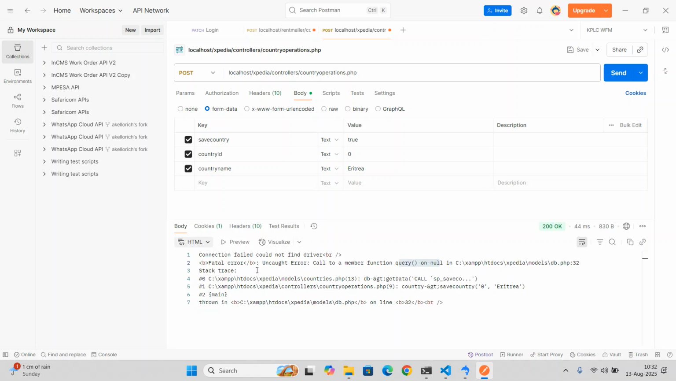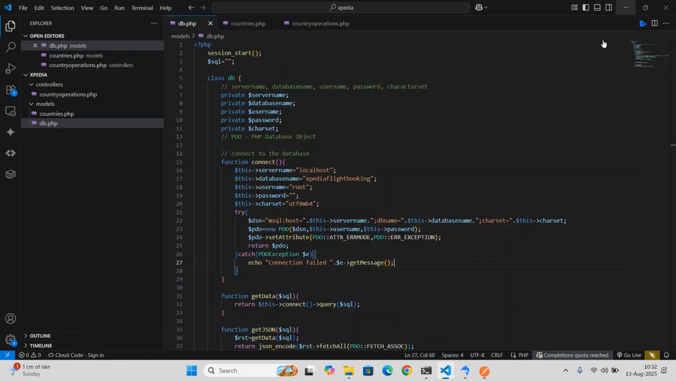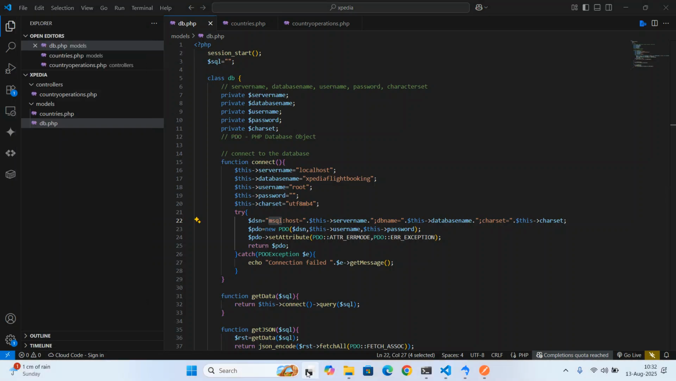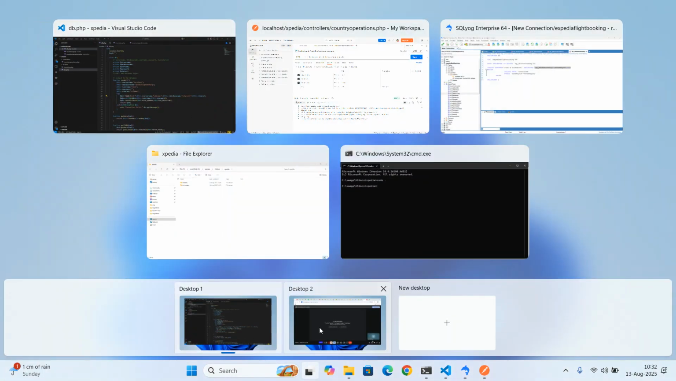So it could not find the driver. The driver that I've specified, which is MySQL here, it looks like it's not finding it. I don't know why it's not finding it. So let me see. Open a new window. Actually, I had a previous one here that I've been using before. So I'll just pick this